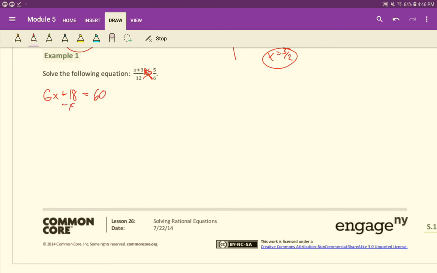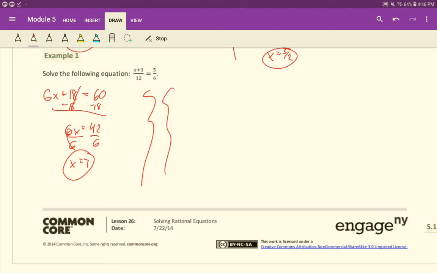And now we can just solve from here. So subtract 18 from both sides. 6x is equal to 42. Divide both sides by 6. X is equal to 7. And there's our answer. An alternative way to do this is to recognize that having common denominators can be helpful